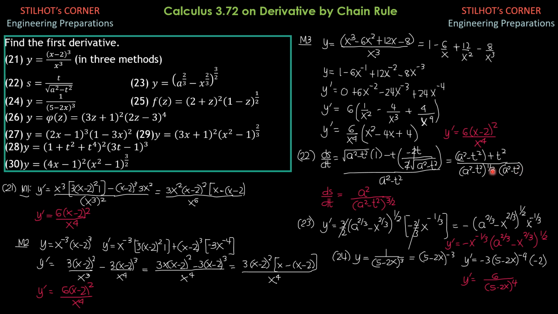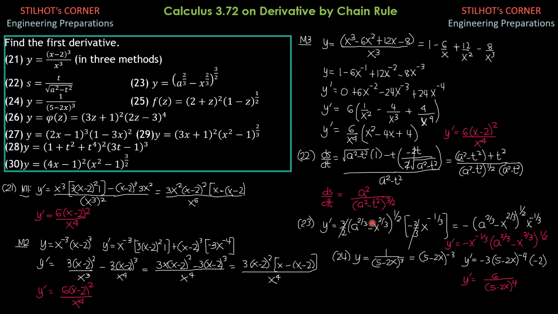So we can combine this and write it as a square minus t square to the 3/2. 1/2 plus 1 is 3/2. Then the numerator is simply a square because we can cancel negative t square and positive t square. So ds/dt is a square over quantity a square minus t square raised to 3/2. 23, we apply the power